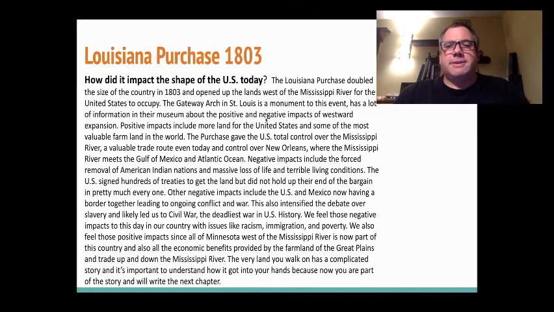And if you've ever been to St. Louis or ever heard of the Gateway Arch, this is what it looks like. It's giant. You can take an elevator all the way up to the top there. It's massive, massive. It's beautiful. And at the Gateway Arch, there is a museum. And it's called the Gateway Arch